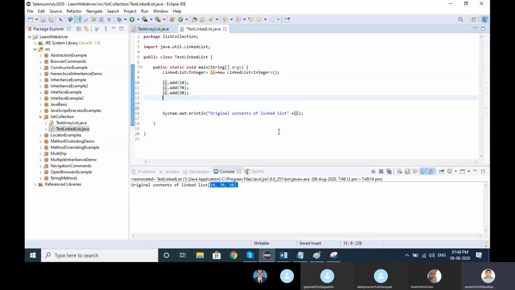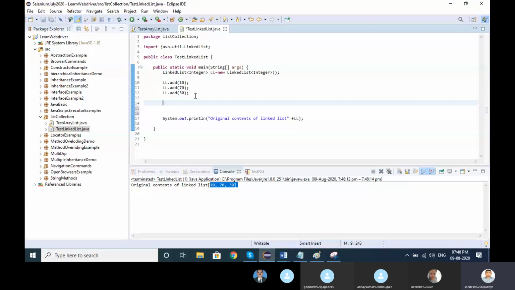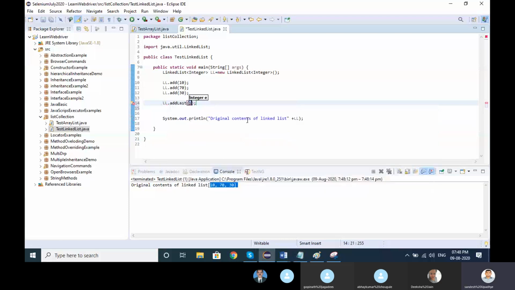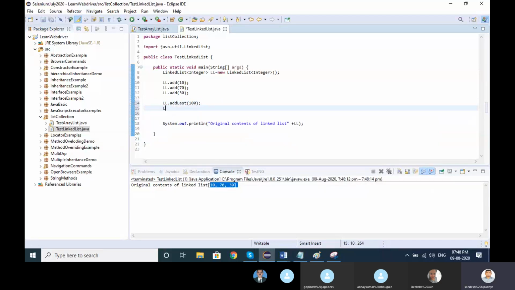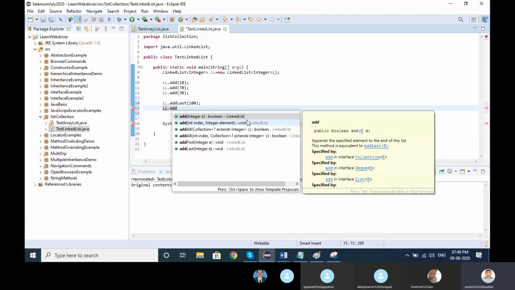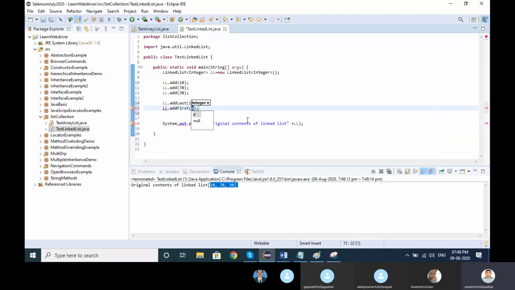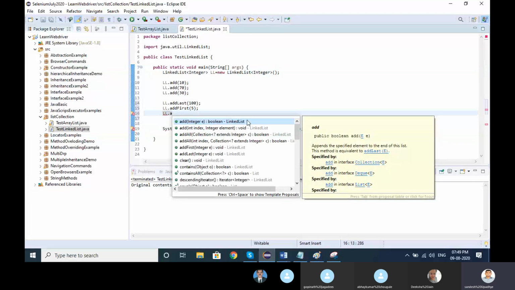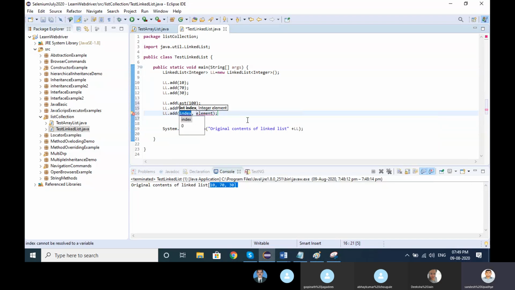There is one function you can add: linkedList.addLast(100), linkedList.addFirst(5), or linkedList.add with an index and an element, the index 3 and the element I want to add as 7.